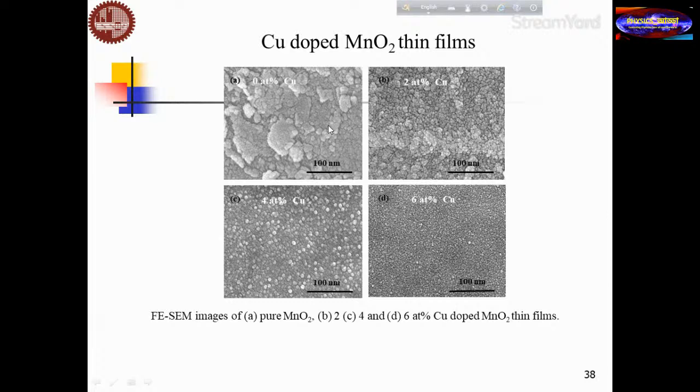Manganese oxide, you see, this is without copper. Copper is a very cheap, very low-cost material, and easy to incorporate into the material matrix. So that copper we have chosen to dope with the manganese oxides, at 2 atomic percent, 4 atomic percent, 6 atomic